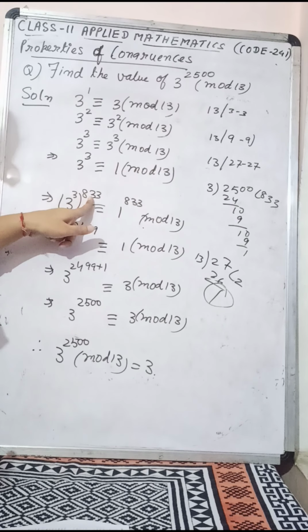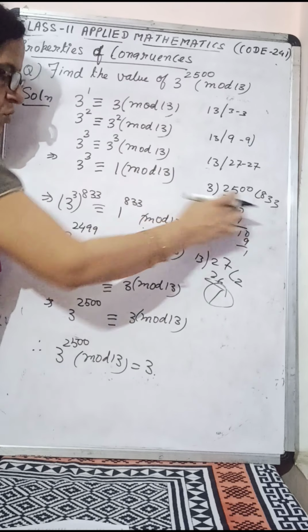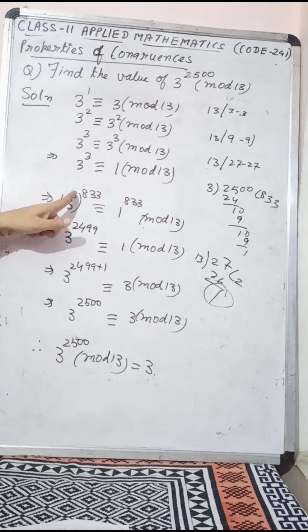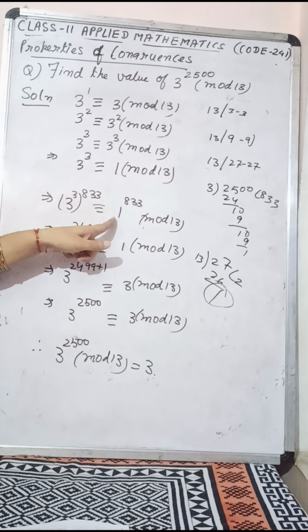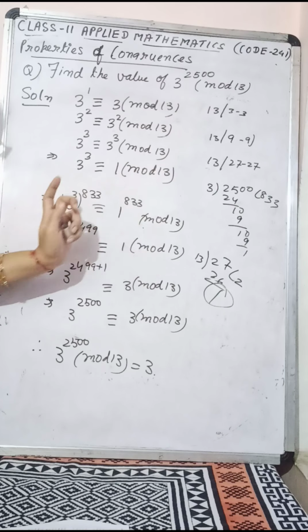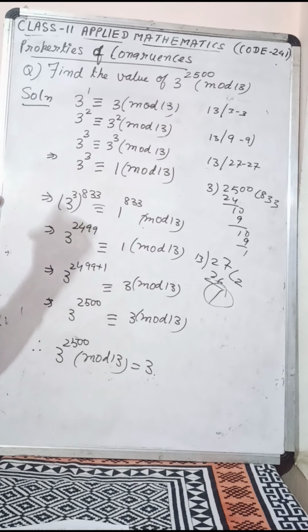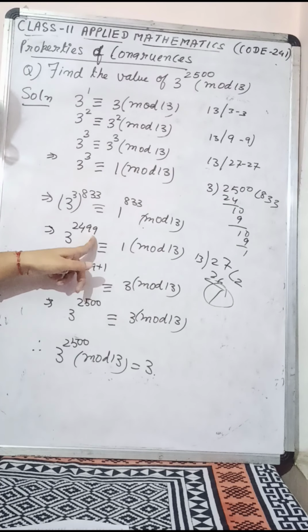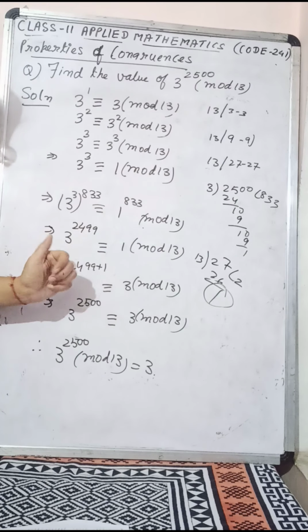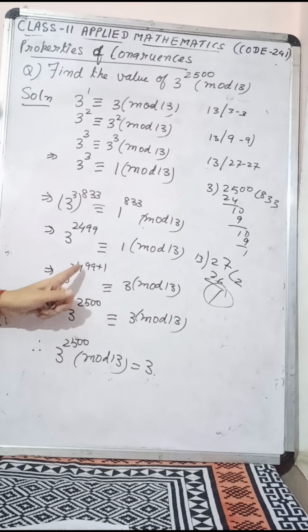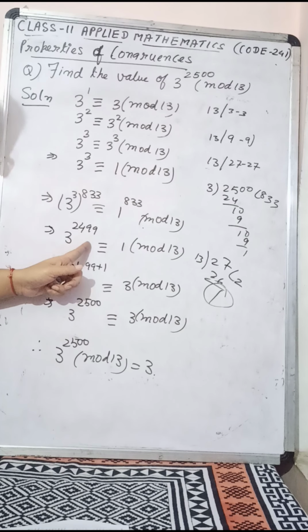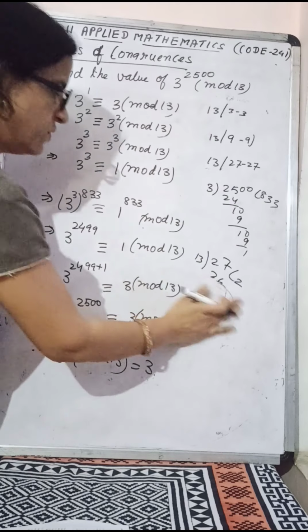So I have increased the power to 833, the complete quotient I have written over here. So 3 power 3 power 833 equals 1 power 833 modulo 13 using the same property, property number 4. So this has become 2499. You can see 2499 is congruent to 1 modulo 13. Now I want one more 3, so one more 3 means multiplied by 3. So if I multiply by 3 over here,